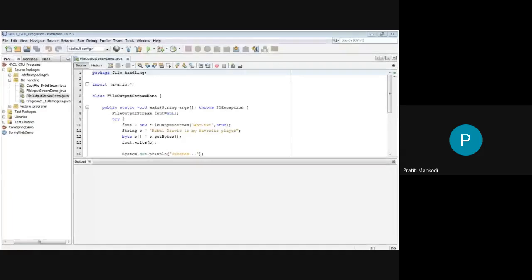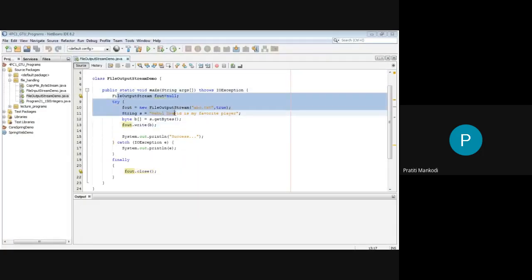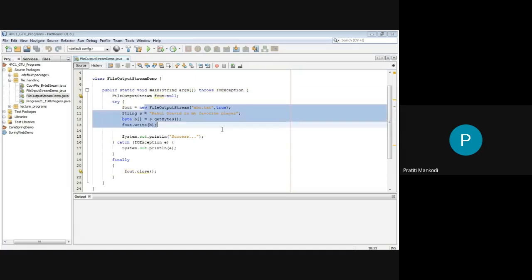So I'm sharing my screen. You are all supposed to do the first two programs which we just saw in the lecture. That is FileOutputStream and FileInputStream. This program we saw, right, where we are creating the object of FileOutputStream, and we are trying to write something on that file, and that's it. And when we open the file, it will help us to see the content of the file.